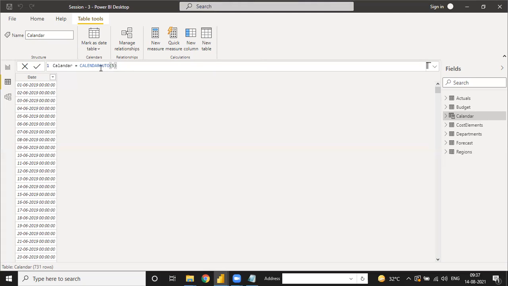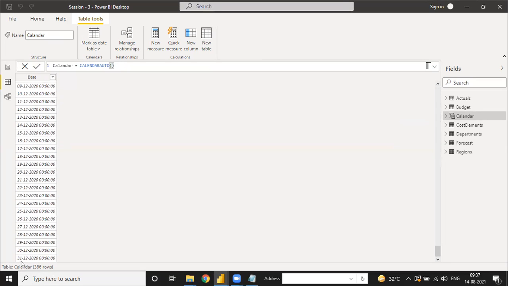This is a very good calendar table, because if we don't enter anything, then our table starts from the first date of the year and ends with the last date of the year, 31st December 2020.